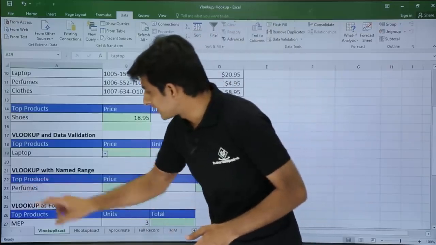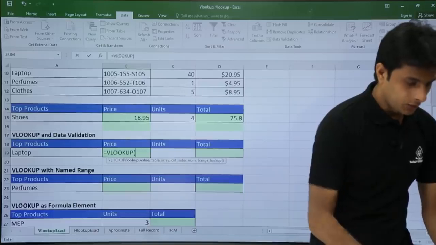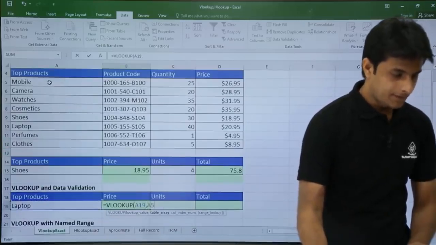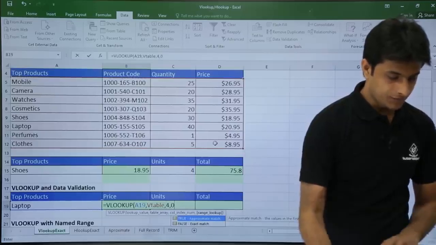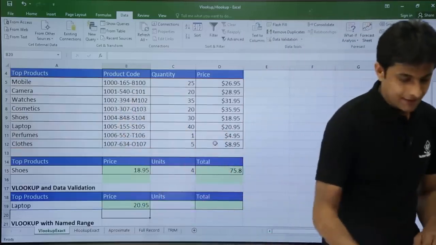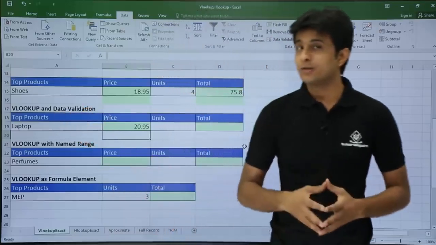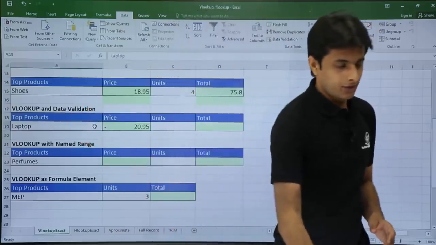So I'll select here the option as laptop and I'll type here a function: equal to VLOOKUP, same function, that is my lookup value, comma, that's my table array, comma 4, comma 0, and I'll close the bracket. VTable is the name of the table. I'll press enter. So now we are looking at VLOOKUP with data validation. What is the benefit? I do not have to type the product name.